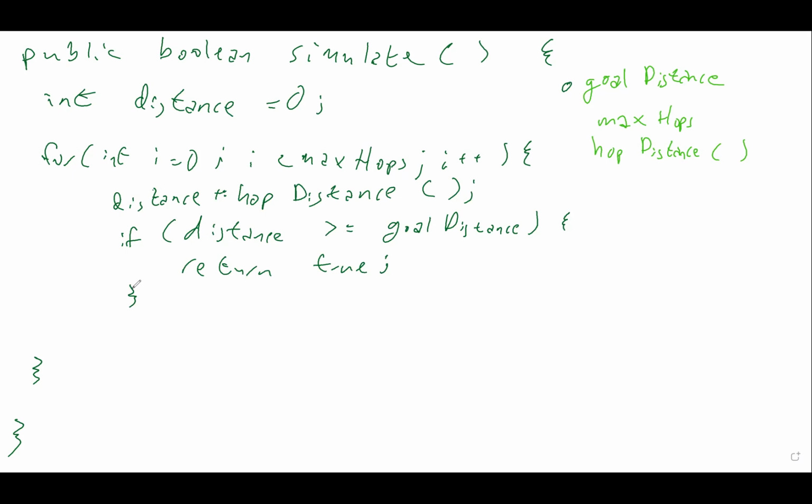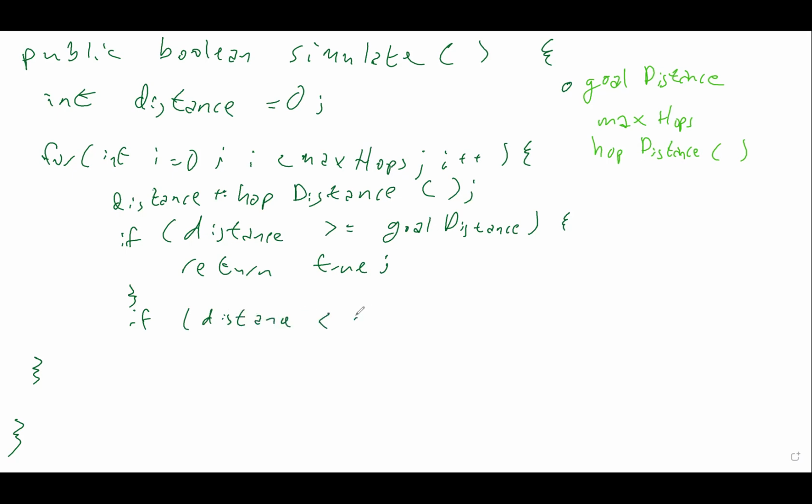Wait, wasn't one of the instructions like if the distance was negative? Yeah, if we go back past the beginning, the frog is just going to give up. Doesn't matter how many jumps it has left. If it's gone past 0, it says, all right, I'm done. I can't make it. So that check, if our distance